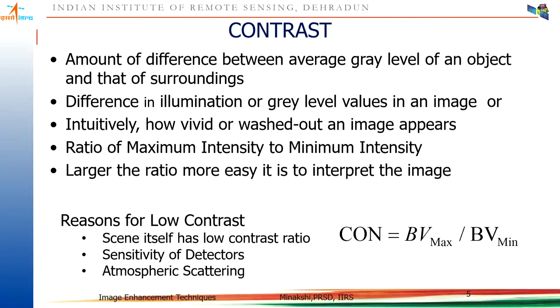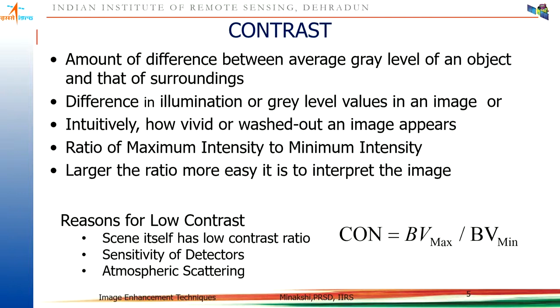All of us understand contrast when we go to a film theater to see a movie, which in lockdown days is impossible. But when we used to go in happier times, it was observed that the screen on which the movie is displayed was very well lit, and we, the audience, were sitting in a very dark audience section. The lights were switched off in the audience section and the screen was well lit. So what were they trying to do? They were trying to increase the maximum contrast between the object, which was the screen, and the background, which was the audience. Similarly, there is a contrast in each image also.